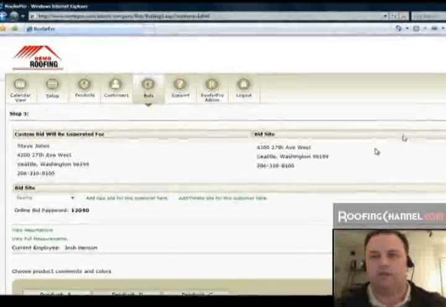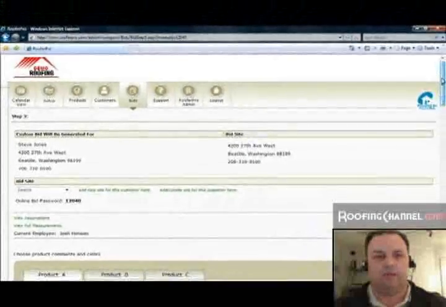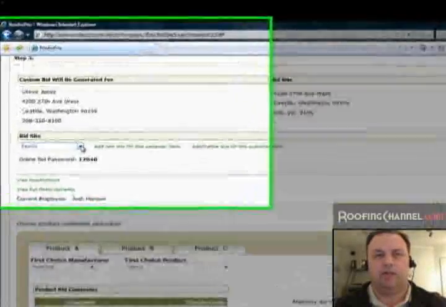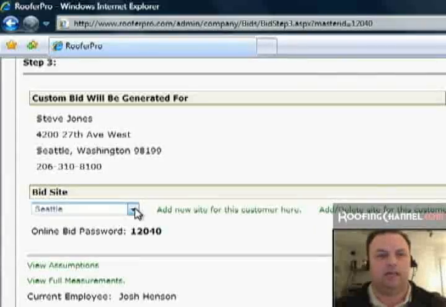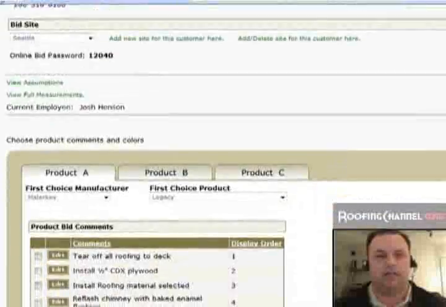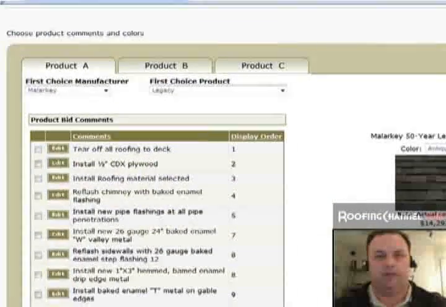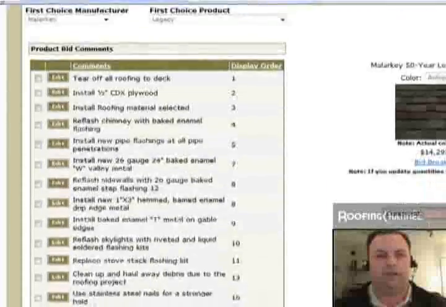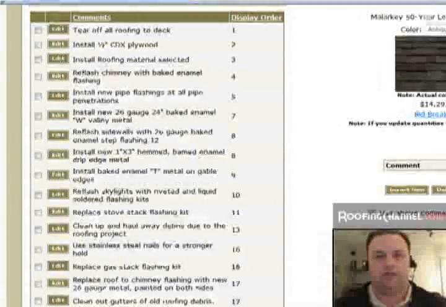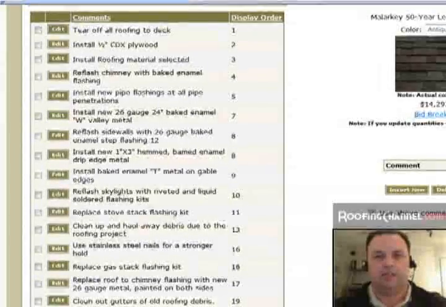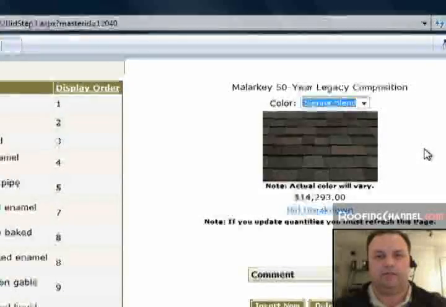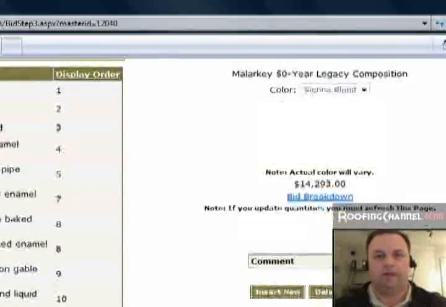I'm using a cellular modem card on this laptop, and you're seeing pretty fast speeds from a card that you could take anywhere at any time. You'll note the bid area and location are the same. You have product A, product B, and product C all filled in for their specific needs for that specific product. You'll notice a nice picture of the product. You can change the picture of the product on the fly depending on what your customer would like to see. You can look at your bid breakdown from here